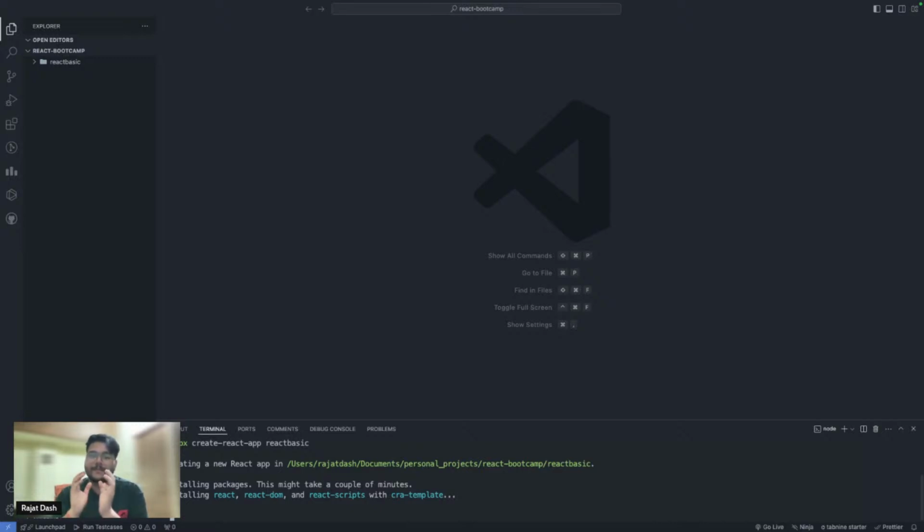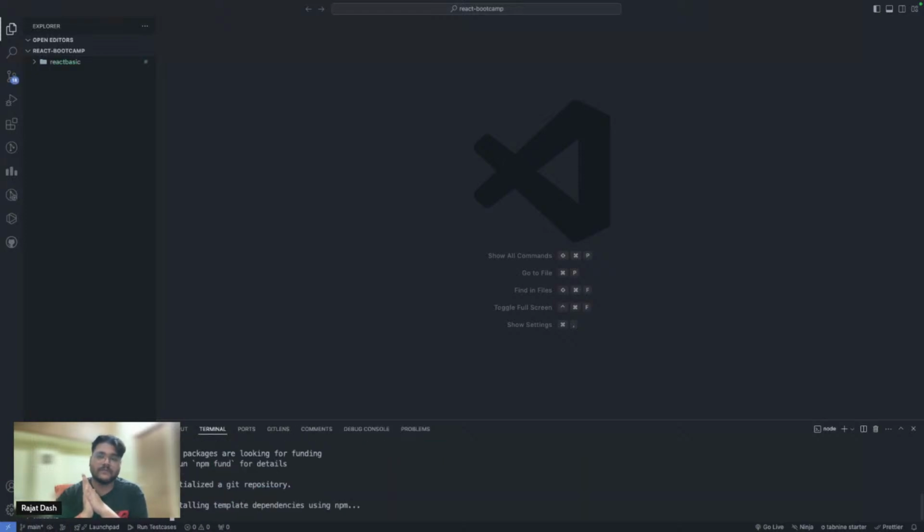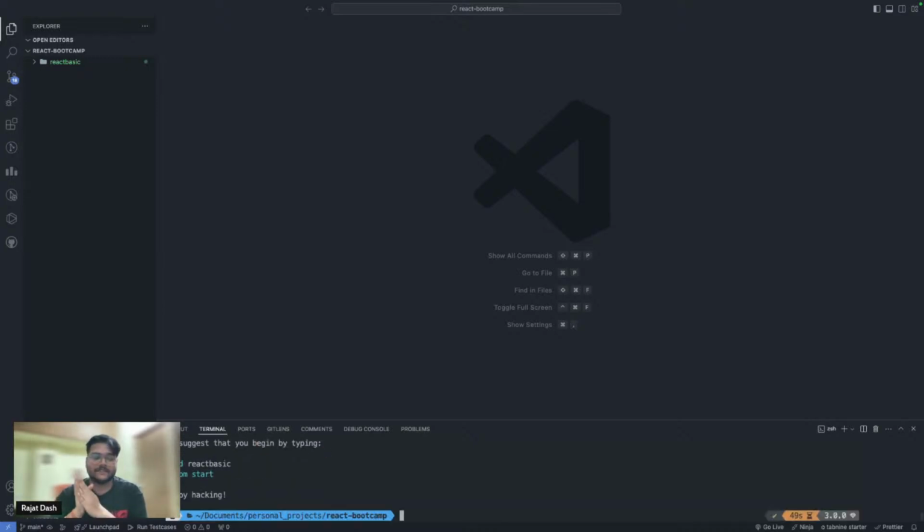See, the main prerequisite of learning React is JavaScript. You have to learn JavaScript before jumping into React. You must have a little bit of an idea. I would say at least 50% of JavaScript you should know. You should know how functions work, how execution context works. Okay. You should know what the DOM is and all those things before jumping into React.